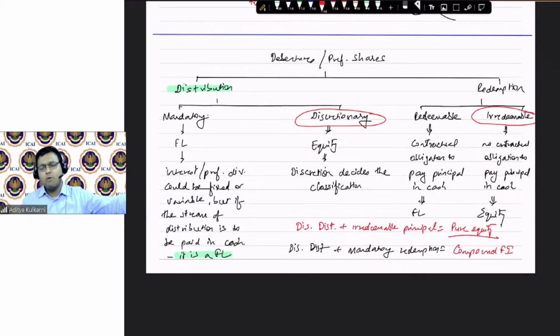How we will do that is a matter for later. Right now, compound financial instruments means you may have received 1 lakh in the bank account for these instruments, but the 1 lakh is representative of a distribution stream which is in the nature of equity, and a stream of redemption, the payment of principal, which is in the nature of liability. So that 1 lakh has to be split between the equity component and the liability component. How to do the accounting, there are a lot of problems on that. We will be discussing that.